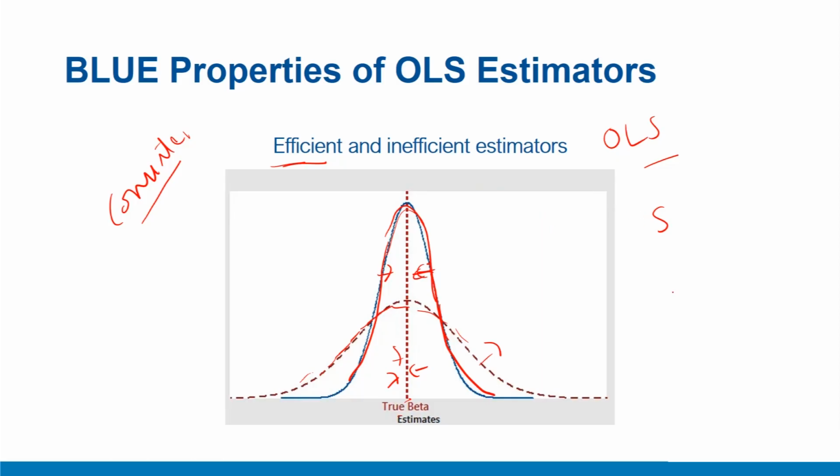Combining these properties, OLS estimators are best in class, and therefore they are often referred to as best linear, unbiased and efficient estimators. To summarize, in this video, we discussed the BLUE property of OLS estimators. We noted that across all the estimators, OLS estimators are best linear unbiased estimators, and combining the properties of unbiasedness and efficiency, they are consistent estimators as well. That is, in large samples, the sample estimates converge to population parameters.